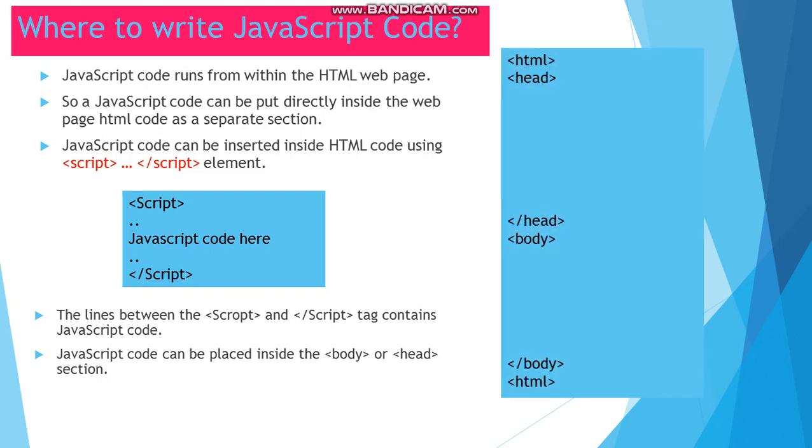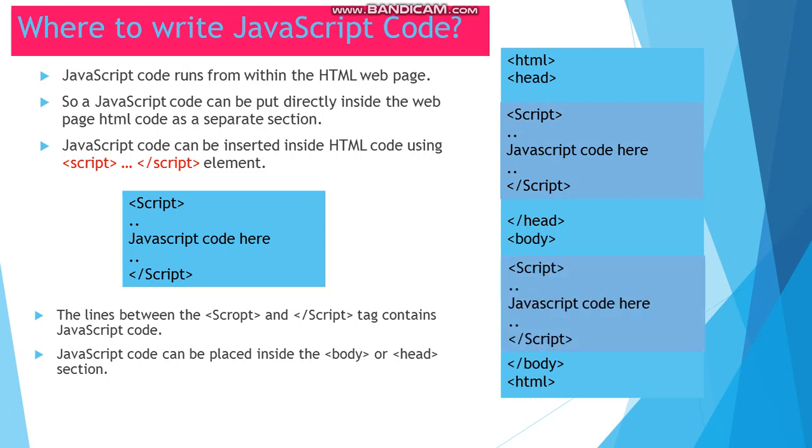So you know the HTML program structure. The HTML program starts with the HTML tag and gets completed with the slash HTML tag. Inside HTML and slash HTML, there are two sections, the head section and the body section. So a JavaScript code we can either write in the head part or in the body part. Wherever we need to write, we can use the script and slash script tag the same way. Generally, it is preferred that the code be placed in the head tag.